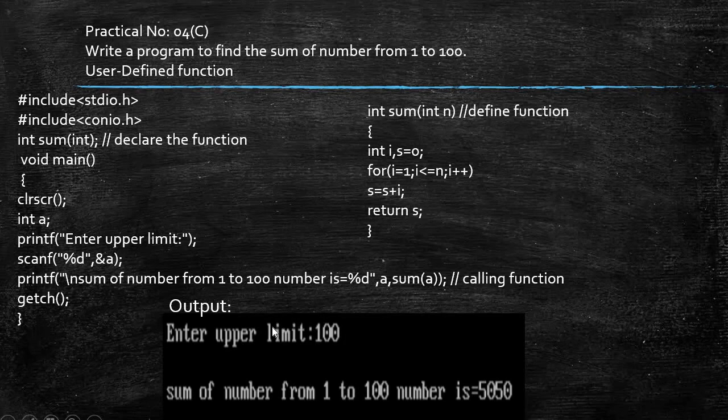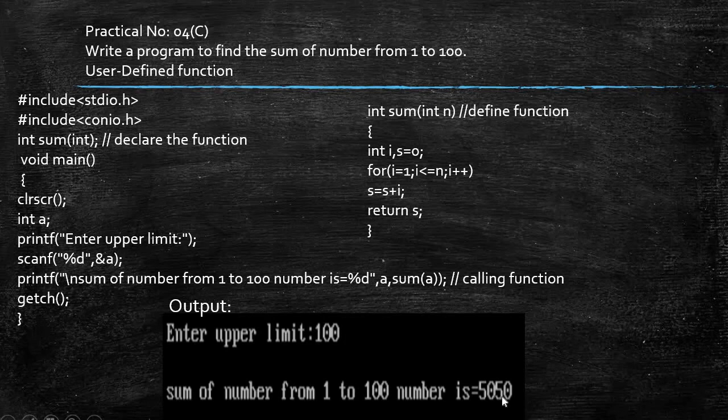Now this is the output. Over here we are entering the upper limit 100. So for the sum of the numbers 1 to 100, we are getting the answer 5050. Basically over here there would be 50 pairs, so it will multiply each pair, that is 101, by 50, and accordingly I am getting my answer,